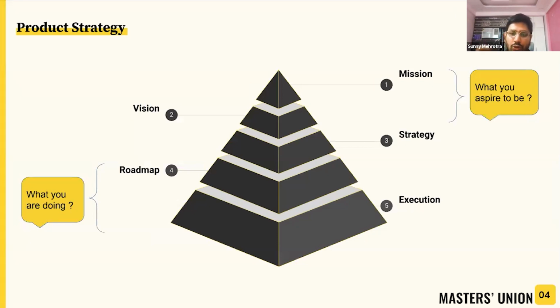The top 2 sections are relatively squeezed in, because they need to be a very straightforward, simple one-liner in terms of what your mission and vision are. That's why you see a smaller pyramid there. Then as you break down those missions and visions into bigger problem statements, it becomes a strategy, then a roadmap, and then the roadmap becomes your stories and your Jira tickets at the very end of the day, and you execute at the bottom layer to tie back to the story at the top.